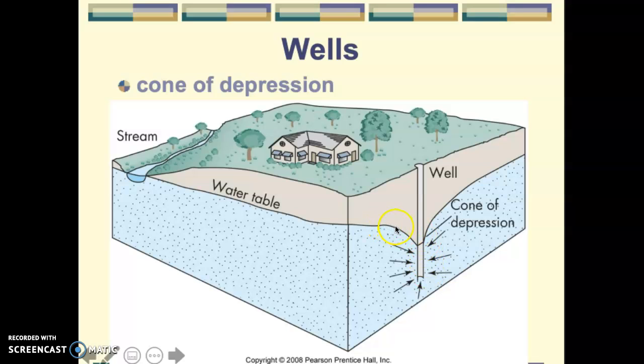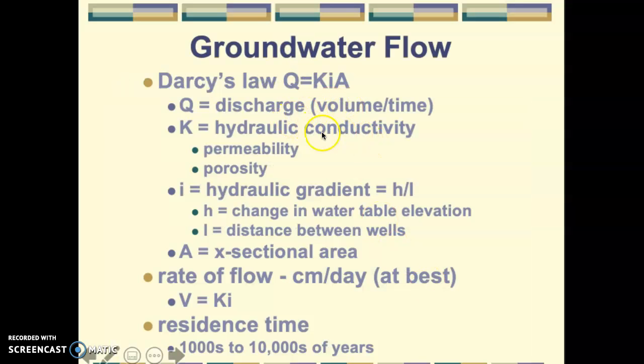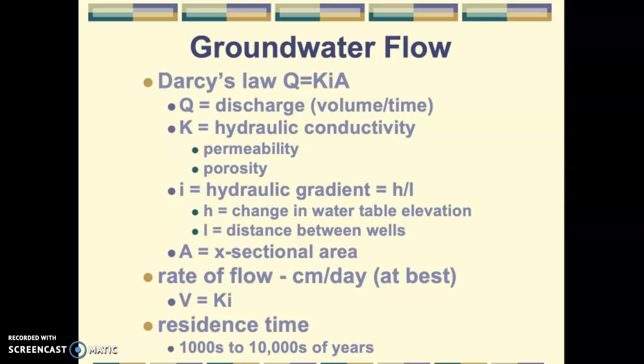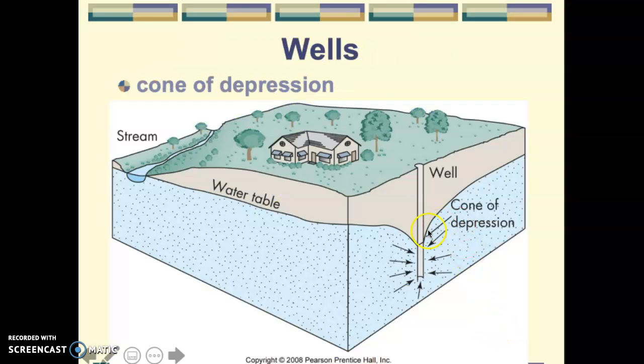But when the water table drops down, you'll notice it gets very steep around the well. So we actually change the hydraulic gradient number, this H over L. This goes from shallow or kind of flat to steep. And when you increase this number, you're going to increase the flow of groundwater. You also start pulling water in from all sides of the well, and so your area in this calculation is going to be the area of the outside of the cylinder of the well. And so the cone of depression,